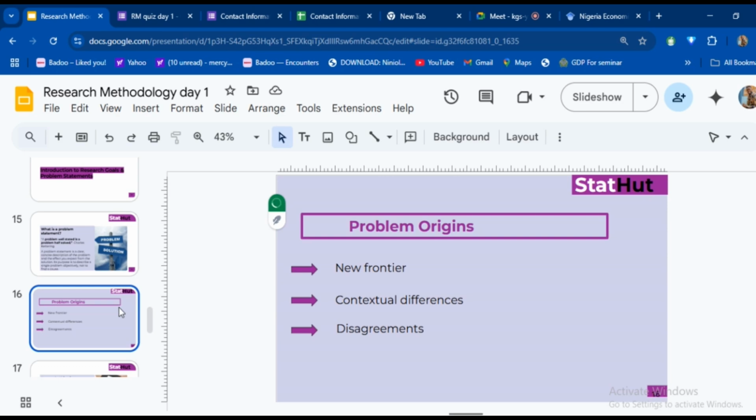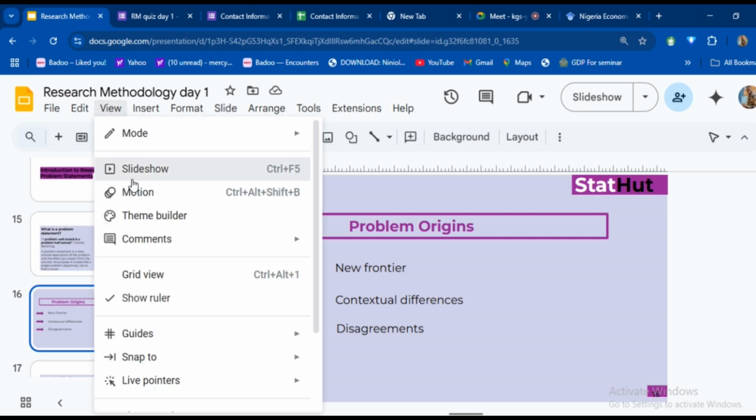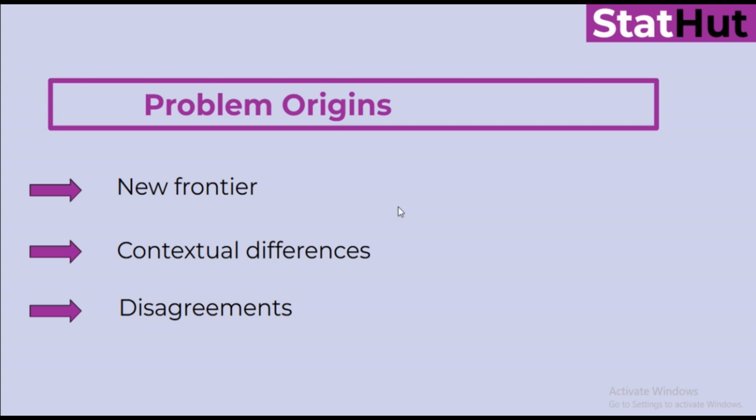Right, now the other one we have is disagreement. We can pick up someone's work and, in the form of an argument, debate the person's research methodology, that perhaps the person is not using the appropriate sample size, or maybe the person is using a wrong statistical tool. Where the person should use a chi-square test, the person is using regression, or this person is not obeying the assumptions of the statistical tools. That's already a problem. So from disagreement, we can get a problem and actually push it. Those kinds of things are accepted, because now you're actually following